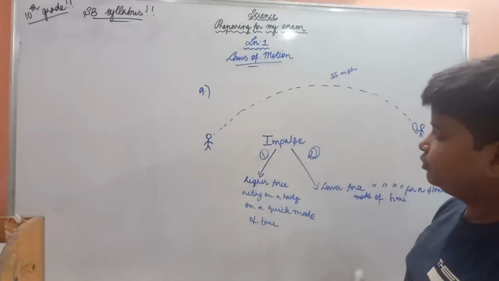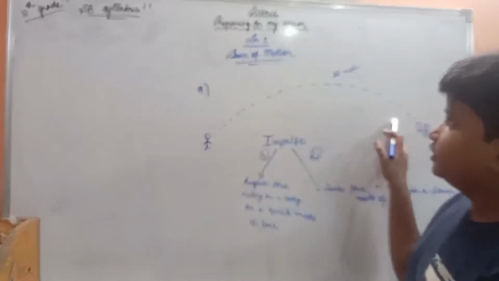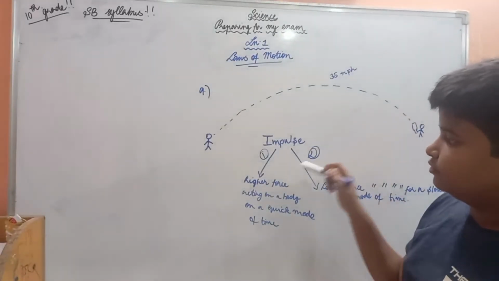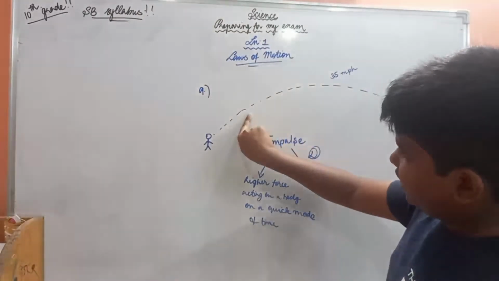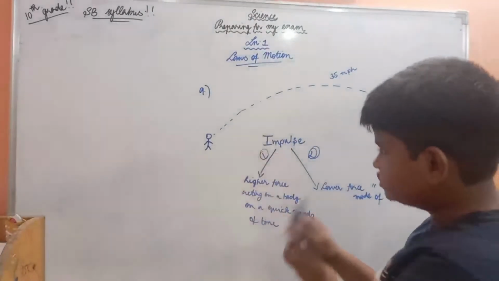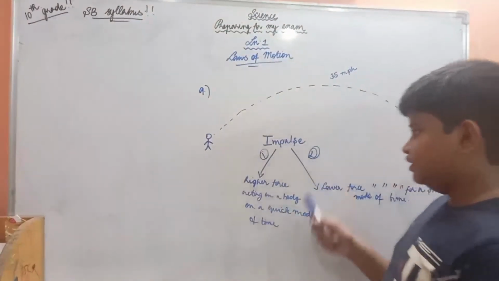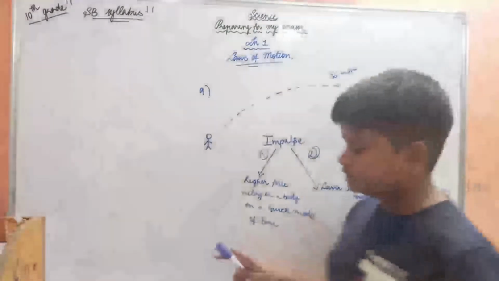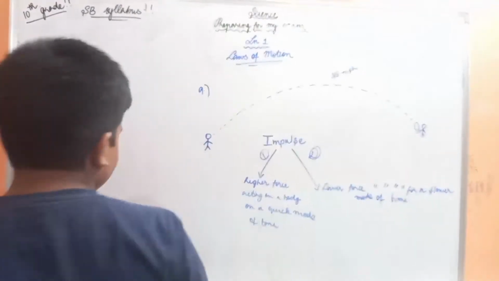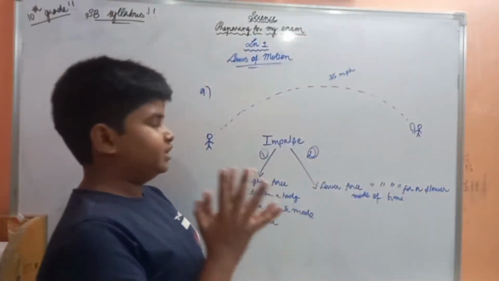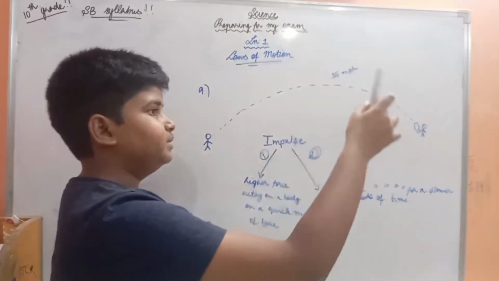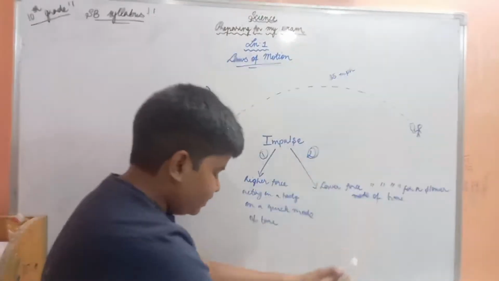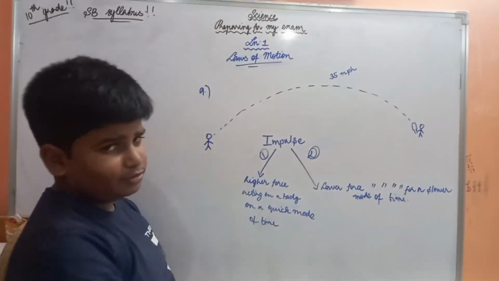Which type of impulse is the fielder using? First, higher force: imagine he catches the ball sharply like this, that means he's going to feel a high impulse. And the second one is lower force acting on the body for a longer period of time. Imagine I'm the fielder over here, which is kind of crazy of course. The ball is coming towards me, then I grab it, then I slowly pull my hands backwards so that